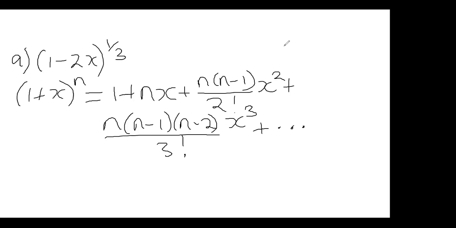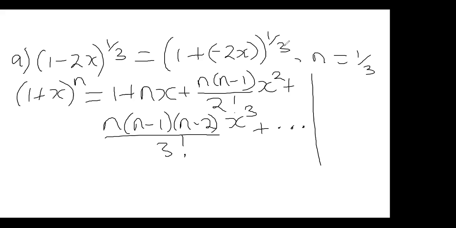So we can write 1 - 2x as 1 + (-2x) to the power 1/3. So in our case here, n is equal to 1/3. And what is x? X is now replaced by -2x. So we can now expand. So we're simply saying that (1 + (-2x))